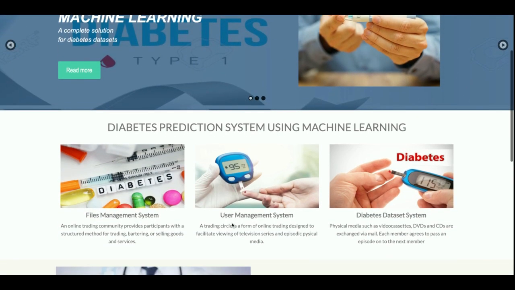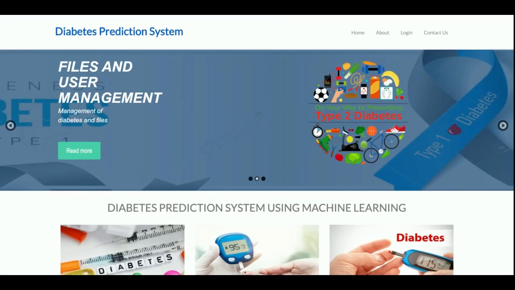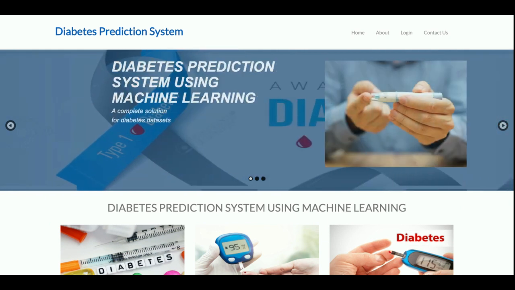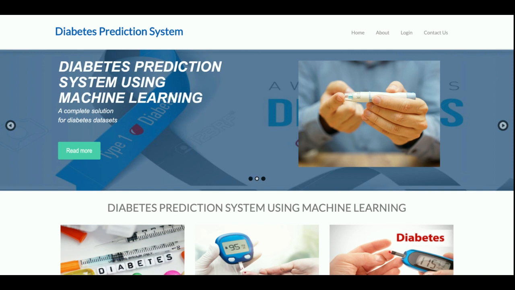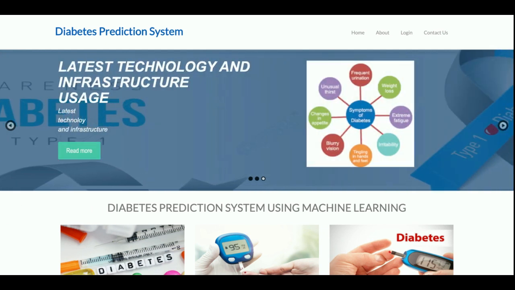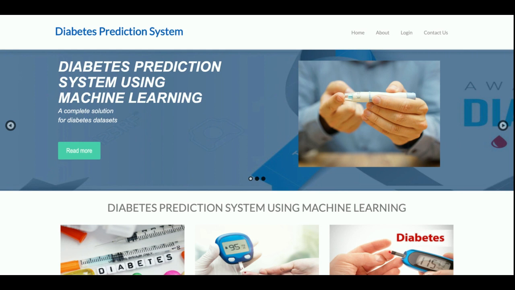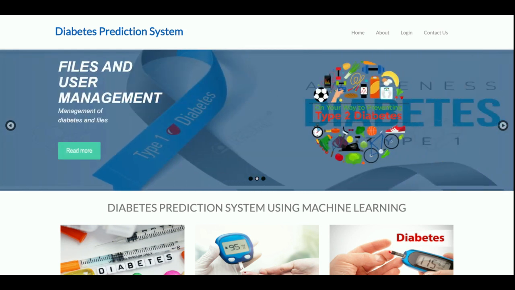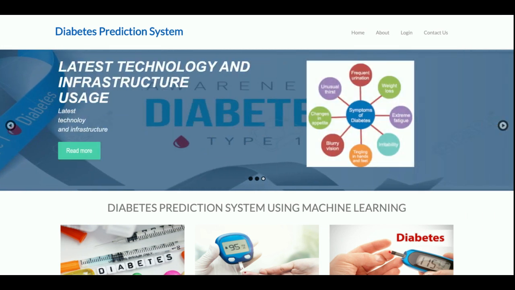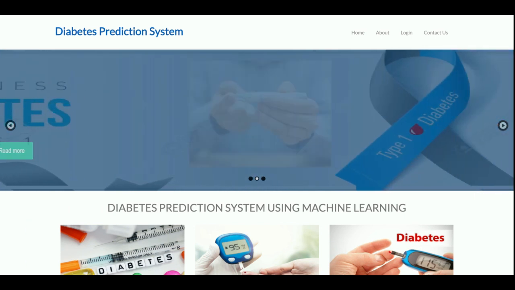So this is the home page of the project. You can see this is the home page, right? This is a very good UI, and this is a bootstrap theme. If you open this website on mobile, then it will be responsive, right? Even if you want to host this application on the cloud, AWS, GCP, anywhere, you can upload this application on AWS, and after that you can open the application on mobile, right? So this is cloud enabled: if you host this application on an AWS EC2 instance, then it will work perfectly, right?